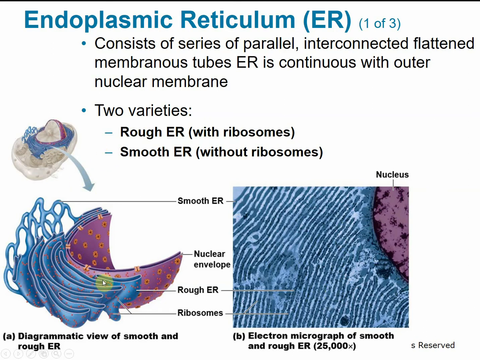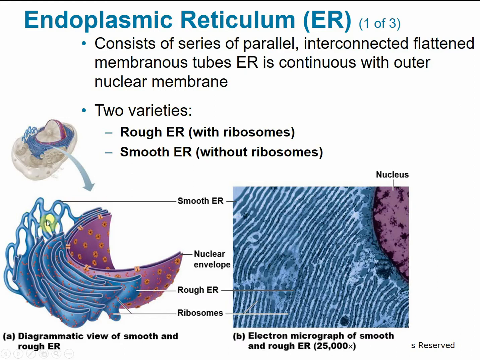Because the rough ER does have the ribosomes, and we said the function of ribosomes was to synthesize proteins, a lot of proteins will be manufactured in this rough ER organelle. The smooth ER is going to focus more on synthesizing lipids, like for the plasma membrane, and also detoxifying other substances. Because the liver is our main detoxifying center of the body, the liver cells have high quantities of